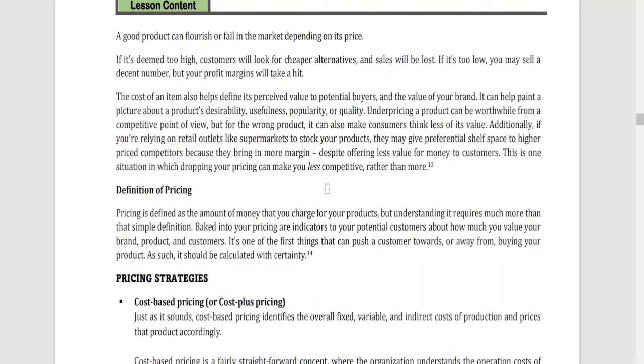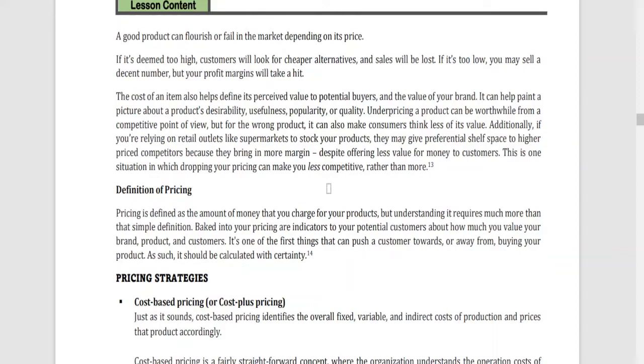So you cannot generalize that if it is cheap it will be patronized, or if it is expensive it will not be patronized. But it is important that we know what would be the better pricing strategy that is suitable for our products